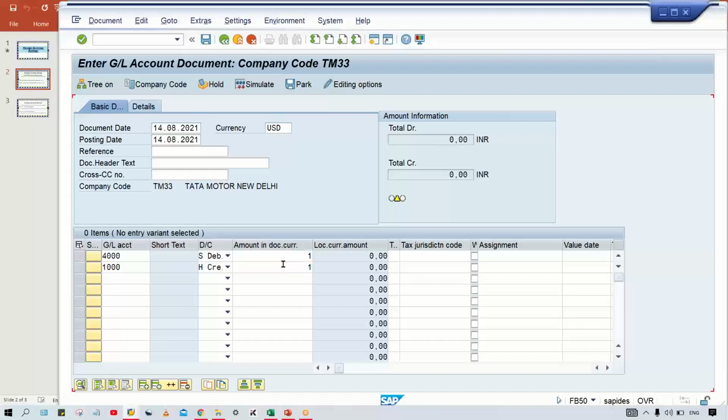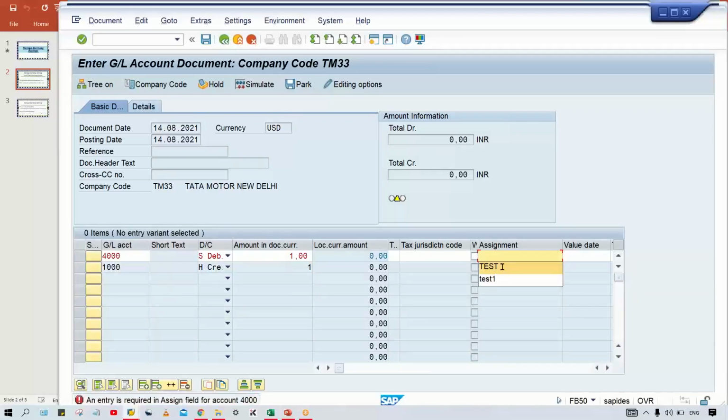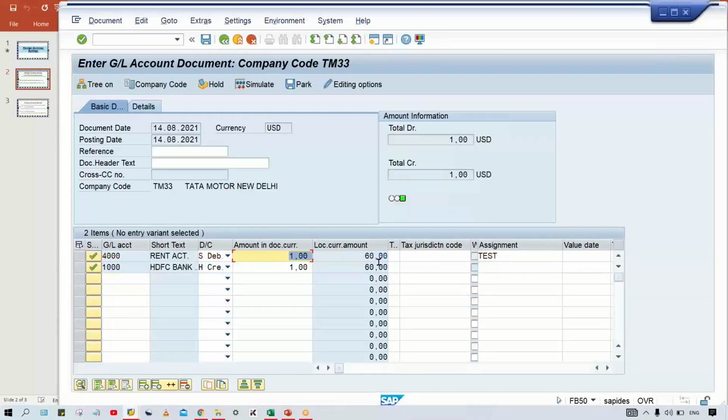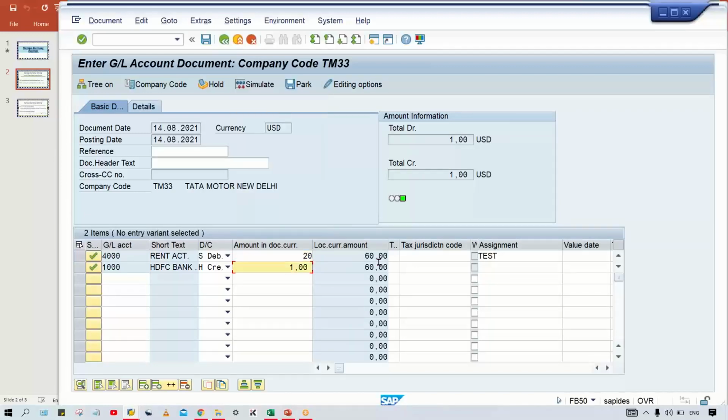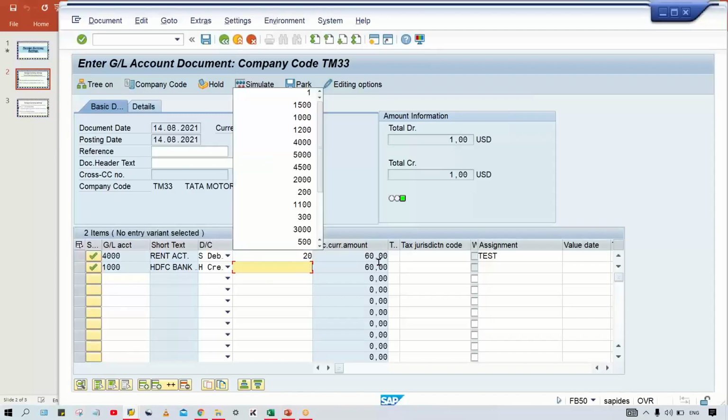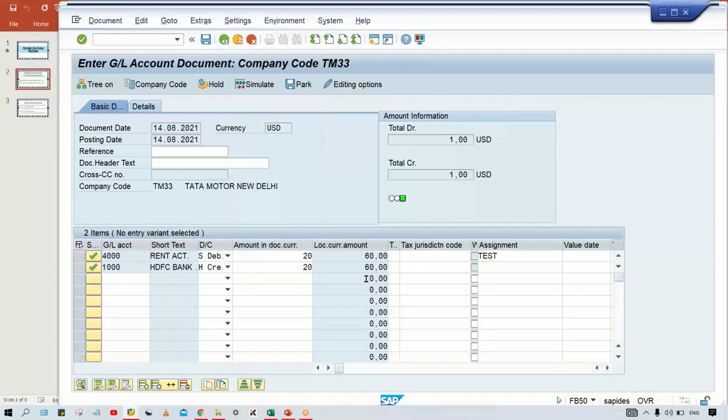Press enter. So once again, assignment, right? Okay. If I make it like, let's suppose $10, or let's suppose $20, and here also $20. So now look at here 1200. Automatically conversion is happening. No headache at all, right? If you want to save, you can save,